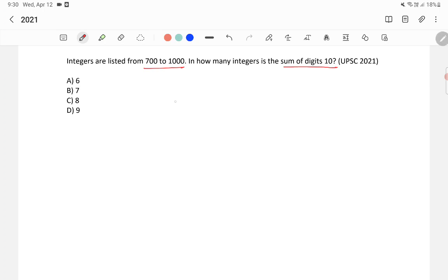We will see how many integers there are from 700 to 799 with the sum of digits 10. Then we will see how many integers there are from 800 to 899 such that their sum of digits is 10. And again from 900 to 1000, how many integers are there? We'll see like that. So we know that